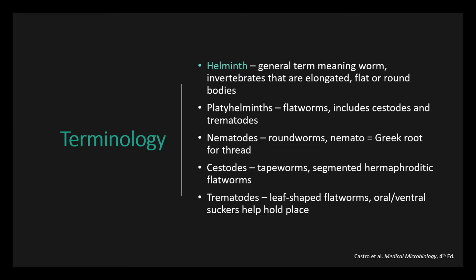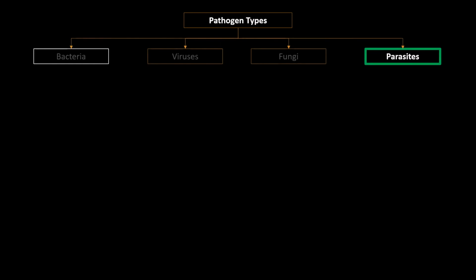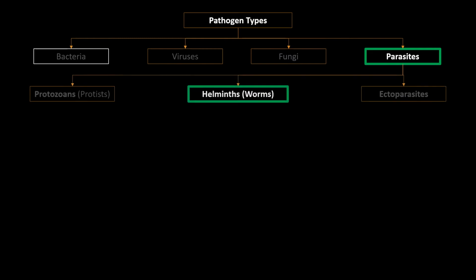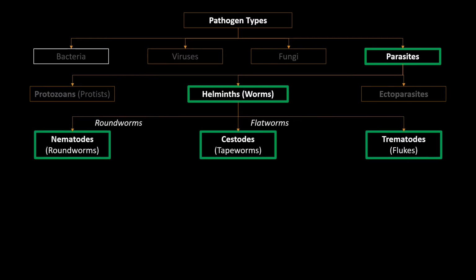Nematodes refer to the third group, the most abundant in clinical parasitology, the roundworms, nemato having a Greek root in thread. Remember to contextualize when learning any infectious organism in the grander scheme of pathogens, parasites being one of the four major groups of infectious organisms, which can itself be broken down into the two groups of endoparasites, either the protists, often unicellular, or the helminths, multicellular worms, which we'll focus on today, as well as the ectoparasites, generally arthropods or other bugs. We divide up helminths into three groups as previously stated, the nematodes, the cestodes, and the